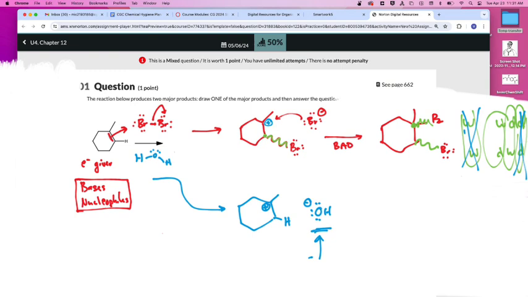P orbitals have a top and a bottom. Period. That's how they work. That's what p orbitals are. If you're now telling me the top p orbital doesn't exist, that's not a p orbital anymore. Why doesn't it exist? It doesn't exist because I can't put the bromine in. If I define that bottom bromine as wedged,